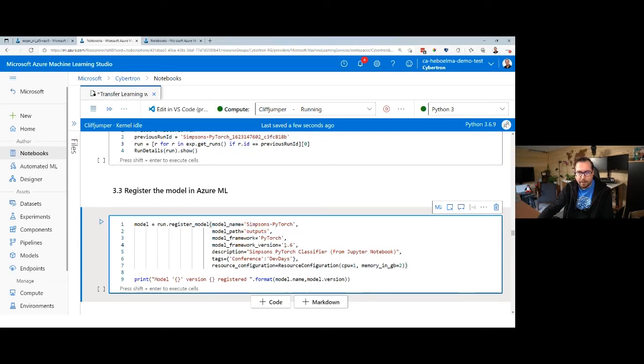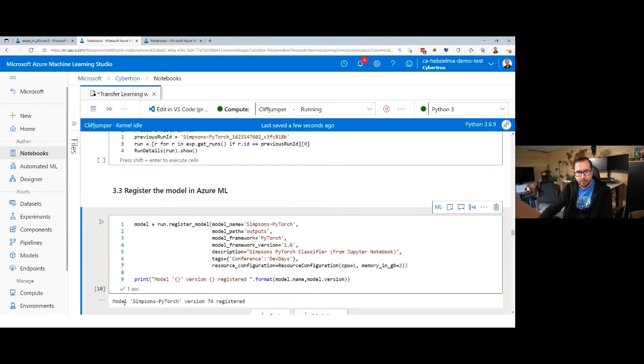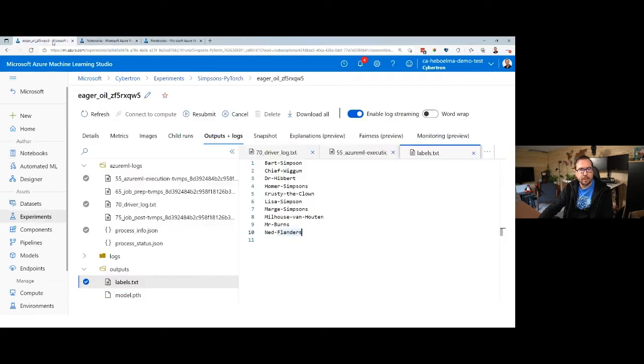We can specify the framework and the version of the framework. We can give it a nice description. We can give it tags, and we can specify a preferred resource configuration. So I'm saying if you want to run this model, you might want to have 1 CPU and 2 GB of memory. You can overrule it later, but it's always nice to have an indication. So here I will say run, and now Simpsons PyTorch model with version 74 is registered, which we can now